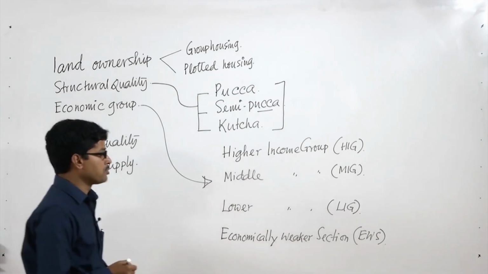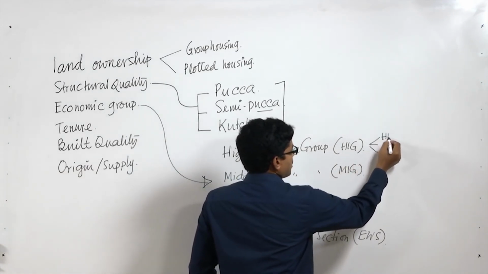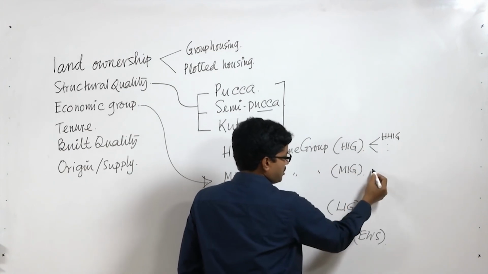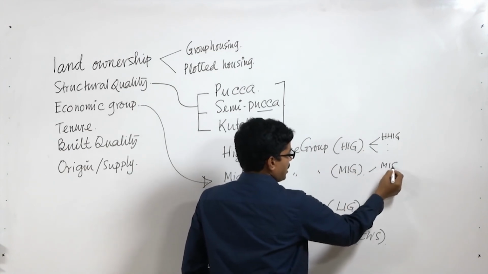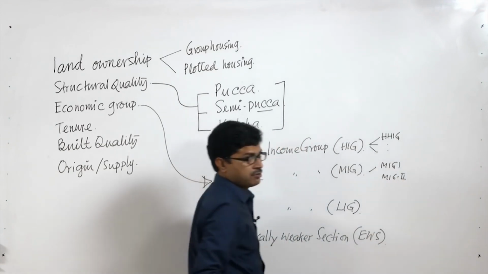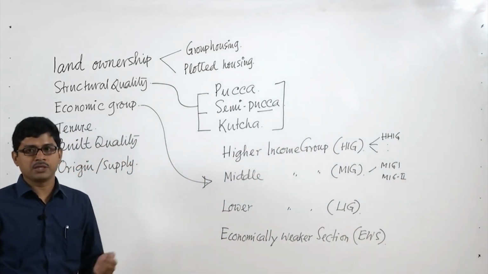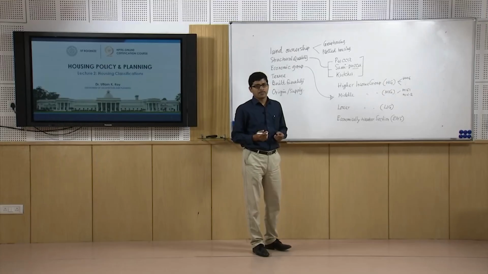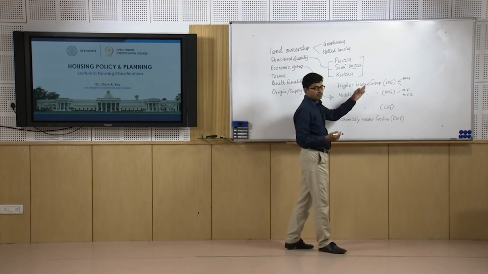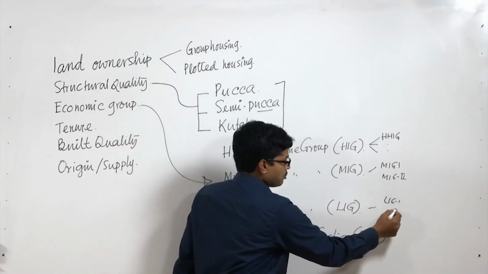Sometimes these economic groups are further subdivided into different categories of HIG. Sometimes it is categorized as MIG 1 or MIG 2 based on various contexts and situations. India is a very huge country, with various states and various geographical variations. So people sometimes subdivide the broad classification into various subcategories like LIG 1, 2 based on their